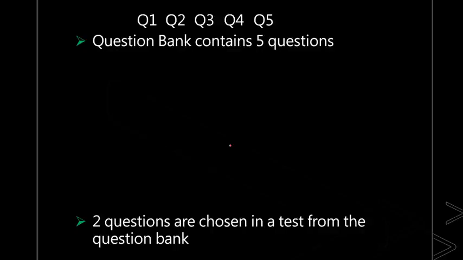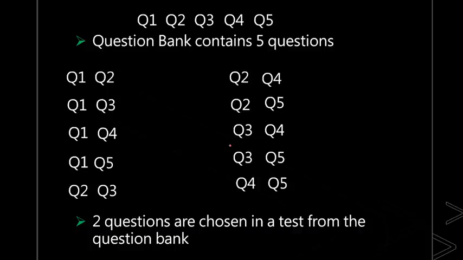Okay. I'll write down the combinations. Look at this. These are the possible combinations. Totally how many possibilities? 10 possibilities. If you want, you can write and check also. You can have it as Q1, Q2 or Q1, Q3 or Q1, Q4 or Q1, Q5. You can also have it as Q2, Q3, Q2, Q4, Q2, Q5. Yes, in many manners, you can choose 2 questions. So these are the total possibilities. 10 possibilities are present here.